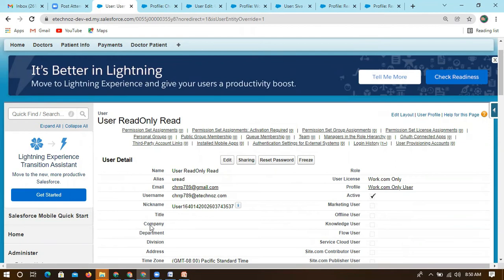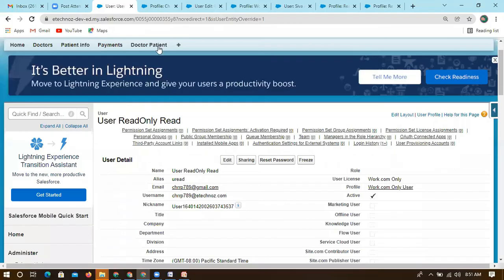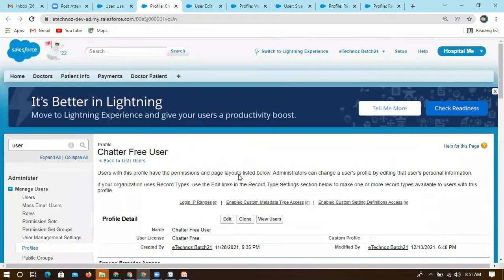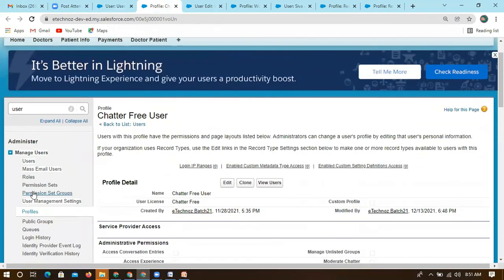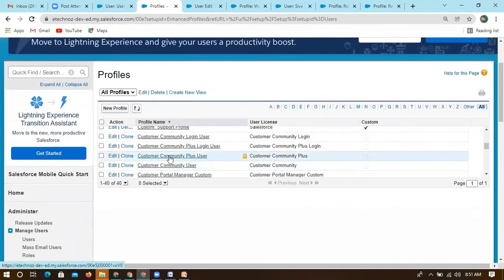So what we were trying to say here. Let's consider we have created one read-only profile now. What is the profile name we just created? Is it this? No. What is the profile name created?